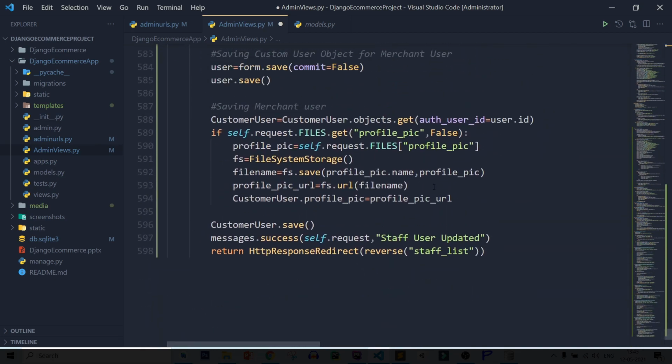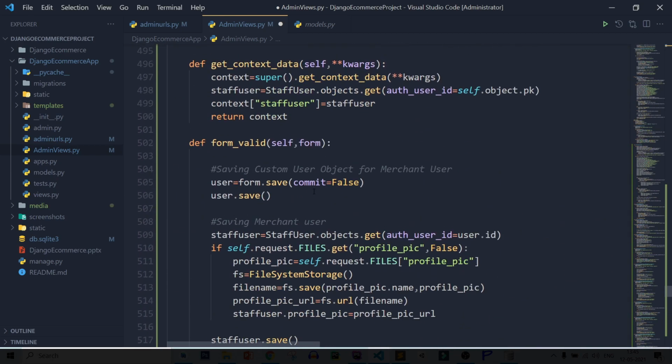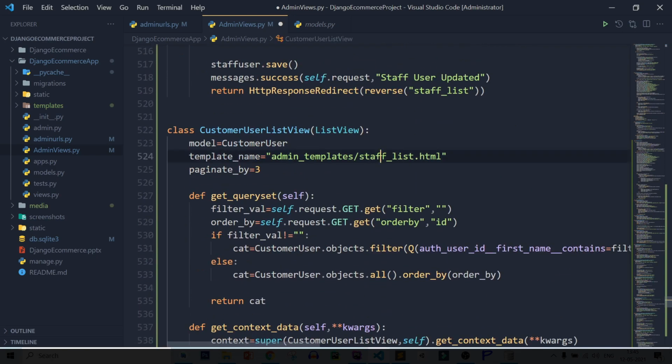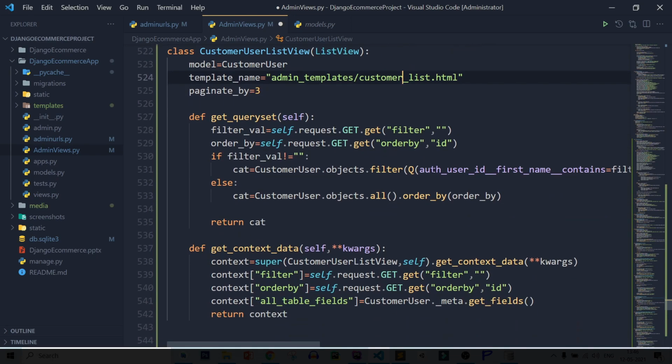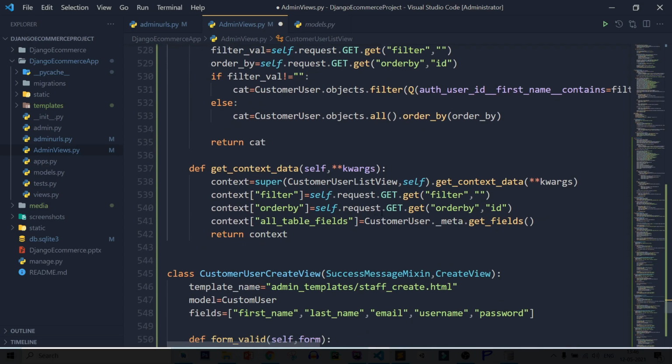After that, first let's check list view. Customer list. It is perfect.